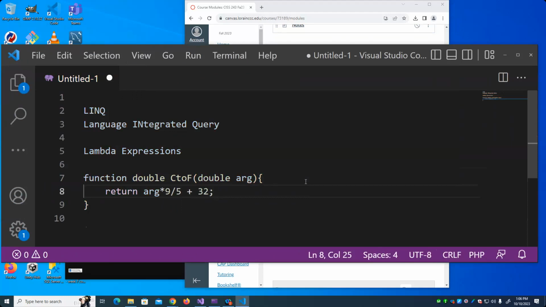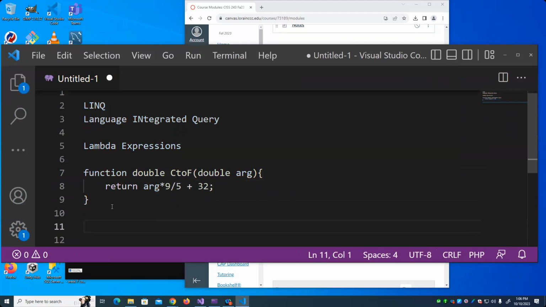All right. I could write a lambda expression as sort of an anonymous function. What does anonymous mean? It means it doesn't have a name. And I could make it a lot clearer exactly what that function does. So, for example, my lambda expression would look something like this. X